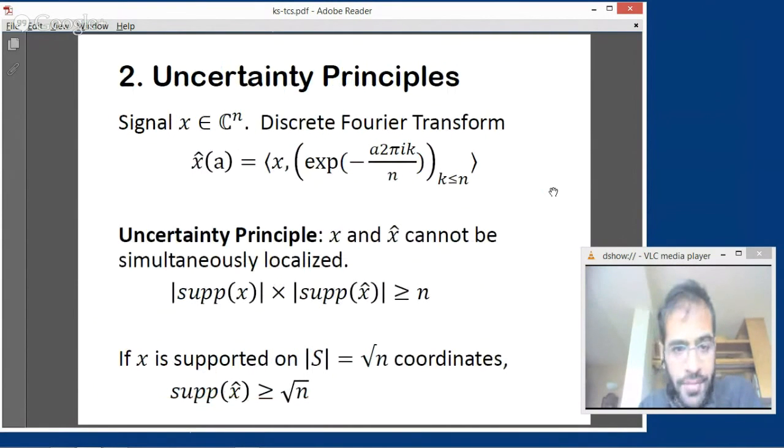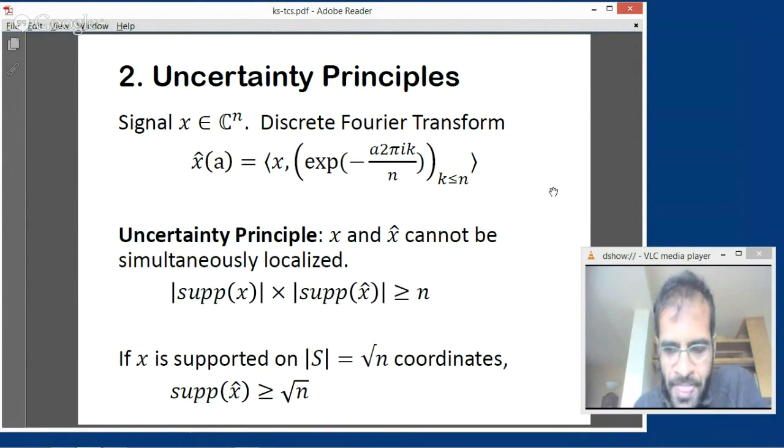Here's another application, I guess from signal processing. It's about the discrete Fourier transform. If you have a vector x in C^n, its Fourier transform x hat is just the usual change of basis onto this basis of exponentials. And then there's a very elementary and useful fact about this, which is sometimes called the uncertainty principle,